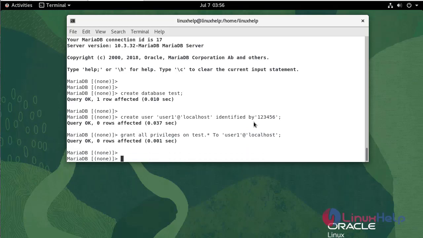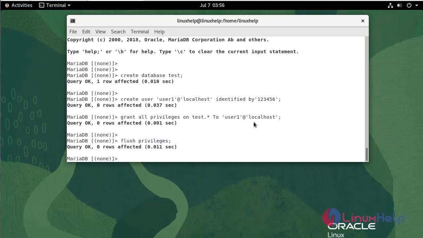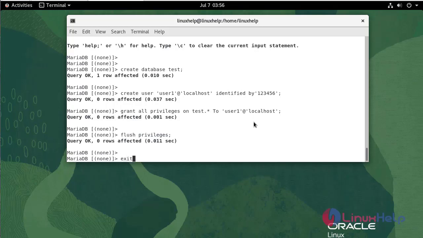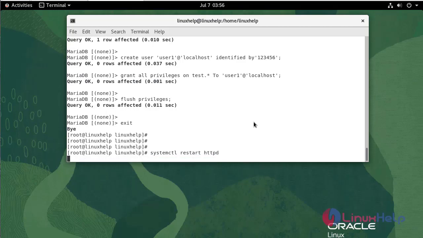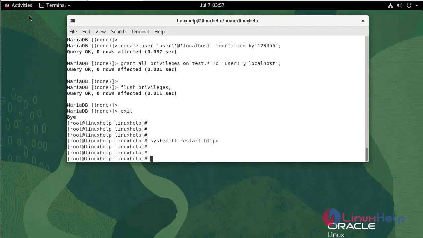Now I'm going to flush privileges. Exit. Once all the process is completed, restart the Apache web service. After it has restarted, go to the web browser,